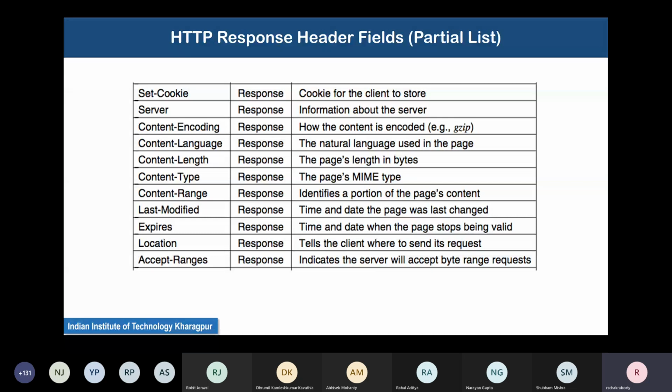Anyways, local browser caches are also cleared periodically. Either you can clear history, which clears the cache, or it can be cleared manually, or also cleared automatically if your local web cache becomes full. Now there is something called a cookie. Okay, so there is a response called set-cookie. We will come to what the cookie is now.